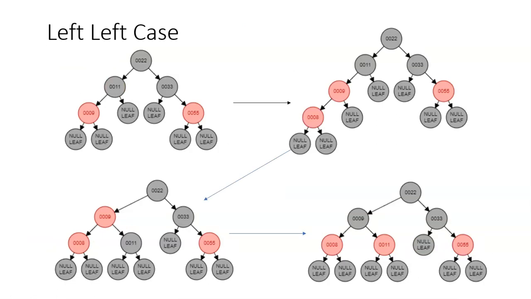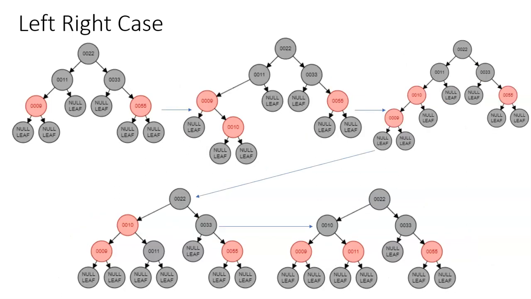So now, if the uncle is a black node, there are going to be 4 configurations for the node we insert. For the left-left case, the parent is the left child of the grandparent, and the node is the left child of the parent. If, in this case, we insert node 8, which goes right here, as in the BST tree, we are going to be doing a right rotate on the grandparent, which is node 11, right here. Since we do a right rotate on the grandparent, we then have to swap the colors of the grandparent and